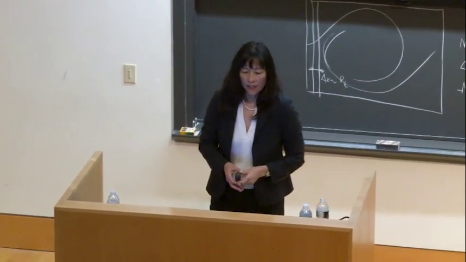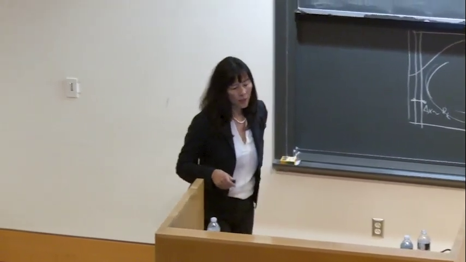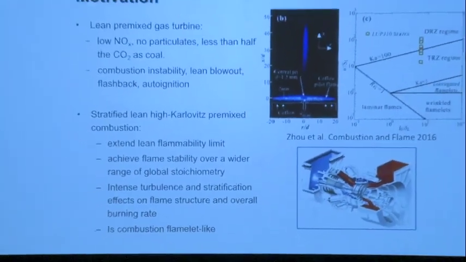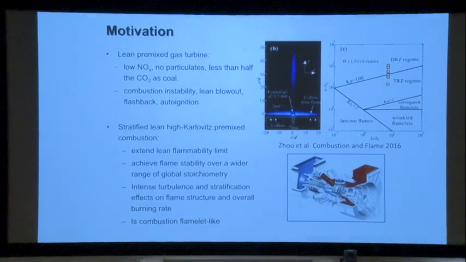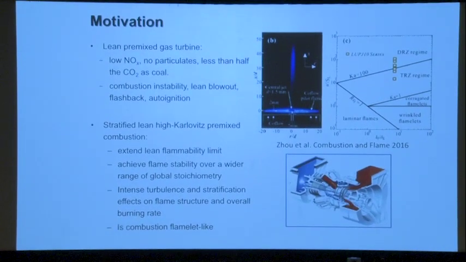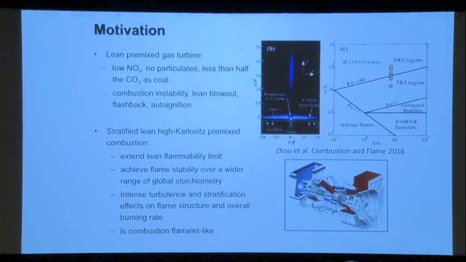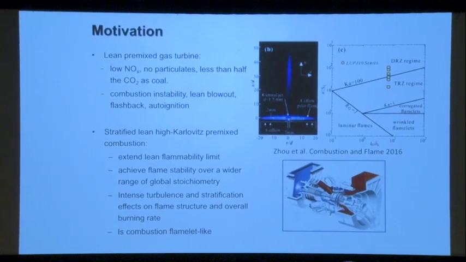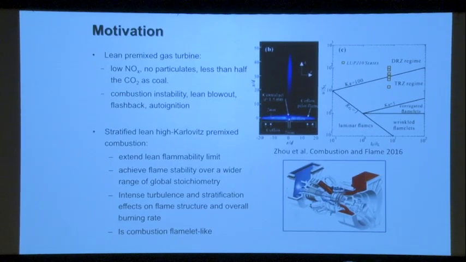And again, this is motivated by lean premixed gas turbine combustion with low NOx, no particulates, and there are still issues with lean premixed combustion associated with instability, thermoacoustics, lean blow-off, where the entire flame extinguishes, flashback near walls. So if a flame propagates or creeps up near the boundary layers, that can create all kinds of problems,